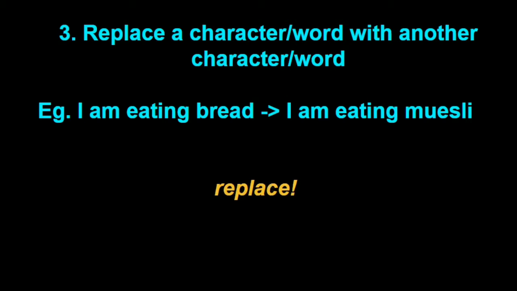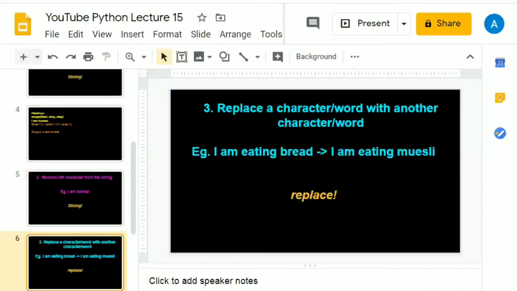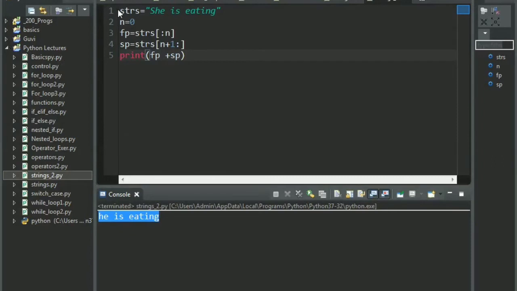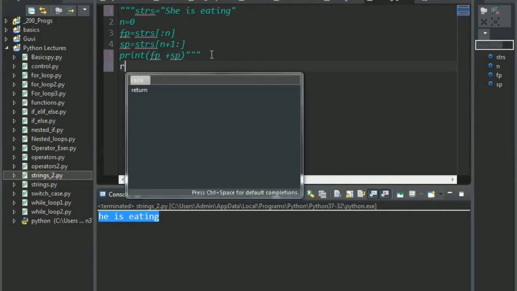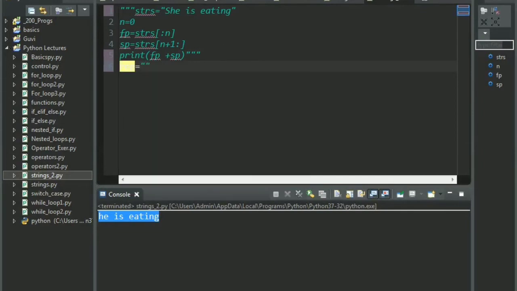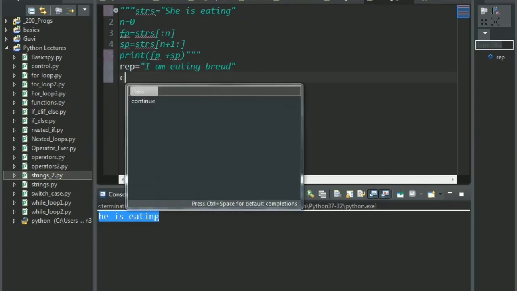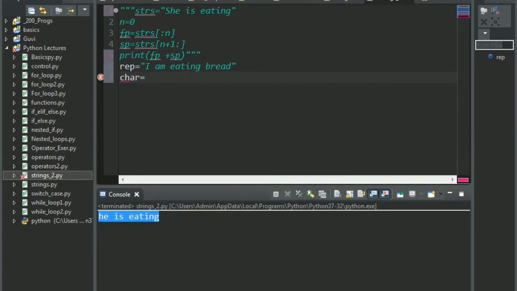Now let's try this out. Let's remember the sentence, I am eating bread, and I want to make it muesli. Okay, now let's just comment this. So in a variable replace, I give the sentence I am eating bread, right? Now in the variable character, I store the old word, not the new word, rather the old word, that is bread, because I want to replace bread.